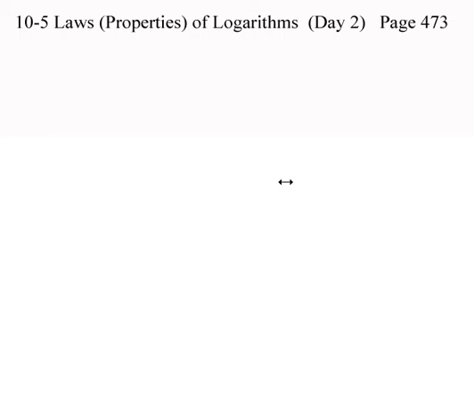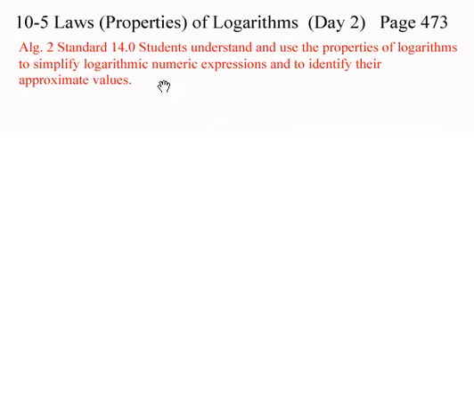In this particular lecture, we're looking at Chapter 10, Section 5. We already looked at it, but we're going to do a follow-up day. So this is day 2 of looking at Chapter 10, Section 5, Properties of Logarithms. And we are still pursuing and reinforcing and relearning and practicing state standard number 14, where we need to use